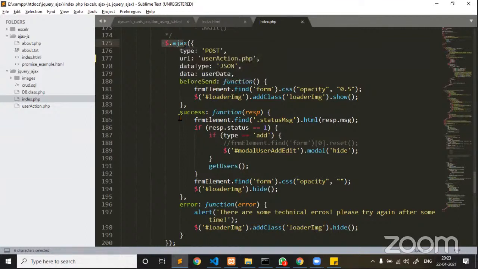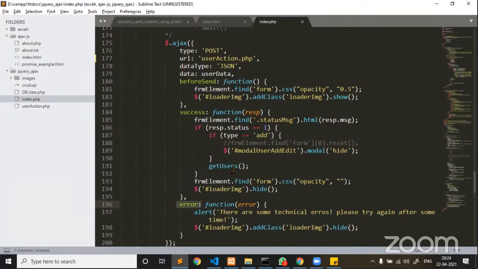Now, the moment you send a request from client side to a server, the server will process. Success is a callback which is going to handle the success response state of your Ajax call. And error is a callback which is going to handle the error response state of your Ajax call. Success and error are callback functions which can be executed when the Ajax call is successfully executed or if there are any errors.